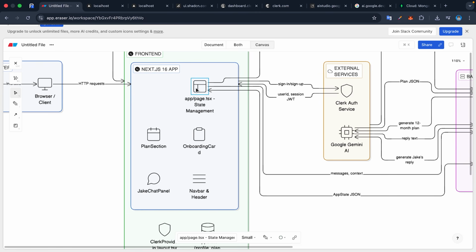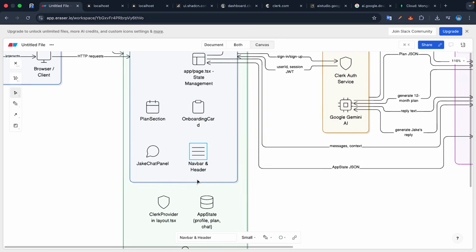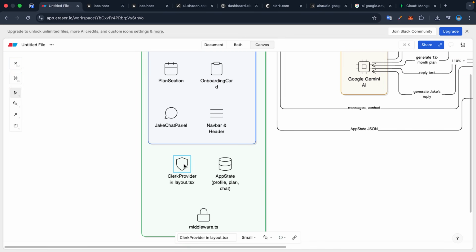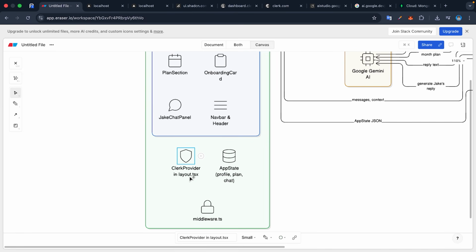Inside the app directory, we have our main page.tsx file. This is where we handle our state management. We have several key components here: the plan section, the onboarding card, the Jake chat panel, and our navbar and header. Under the hood in the front end, we are using a Clerk provider inside layout.tsx to wrap our app